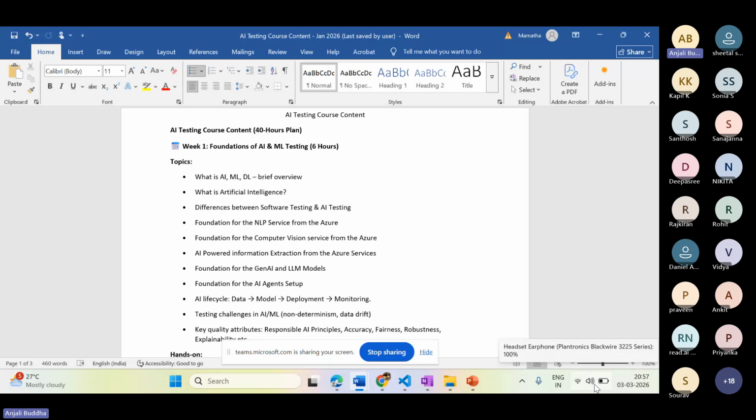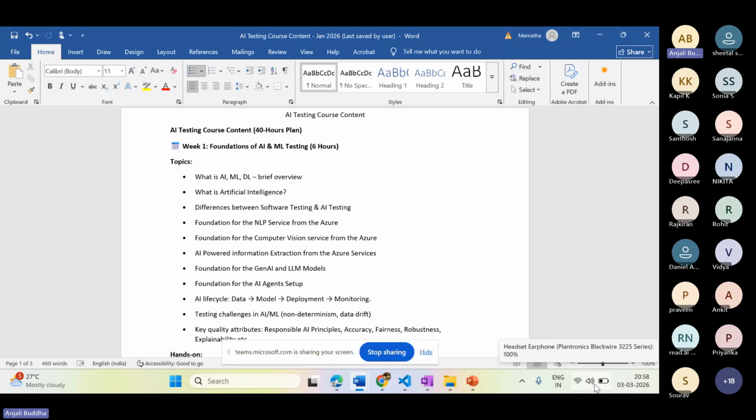At that time, even if you don't have particular knowledge, you might have used it a lot. Nowadays, a lot of people use ChatGPT. So you know how it functions: the delete chat feature will be there, the copy feature, the prompt design. You can create multiple tabs and give like or dislike. So you know a lot of the functionalities, and based on that knowledge you can start doing the testing. It's as simple as testing web applications.